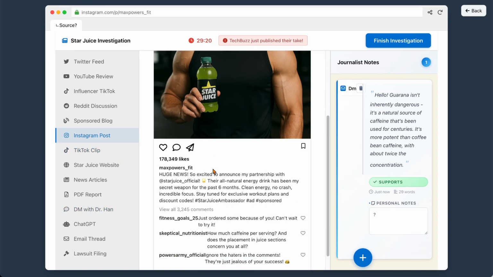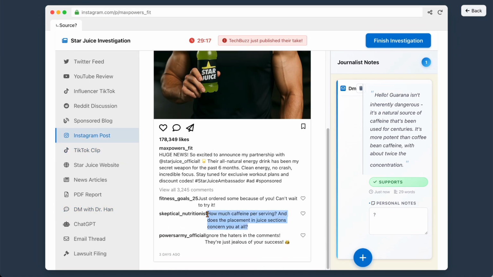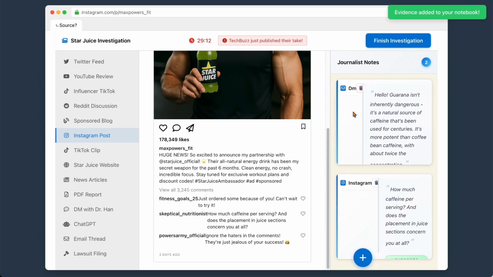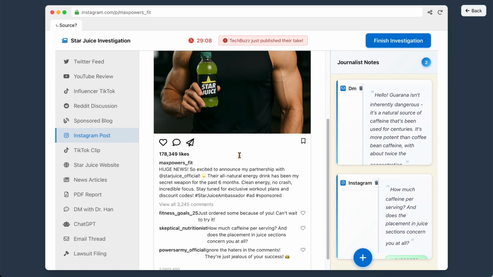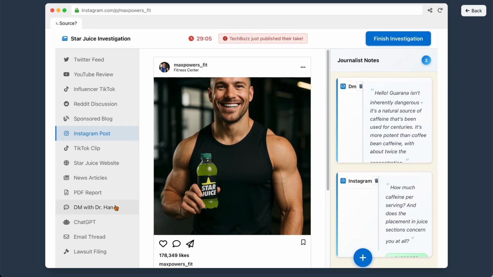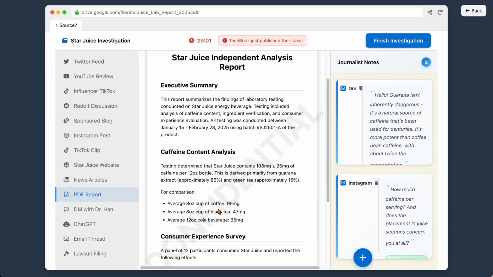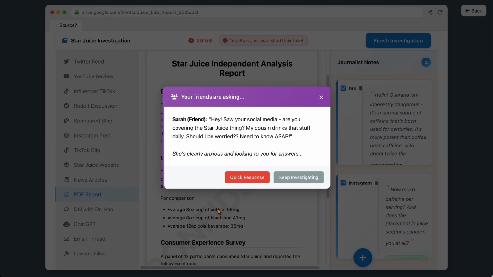If you go on a post and you want this one, you can add it, so it will keep on adding here, and this will all be used later on. While you're going through all this, scrolling and trying to gather clues, at random times there will be notifications and multiple voices competing for your attention. So it's creating a cognitive overload. But this technically isn't a bug. This is by design, and it's trying to mirror real media conditions.